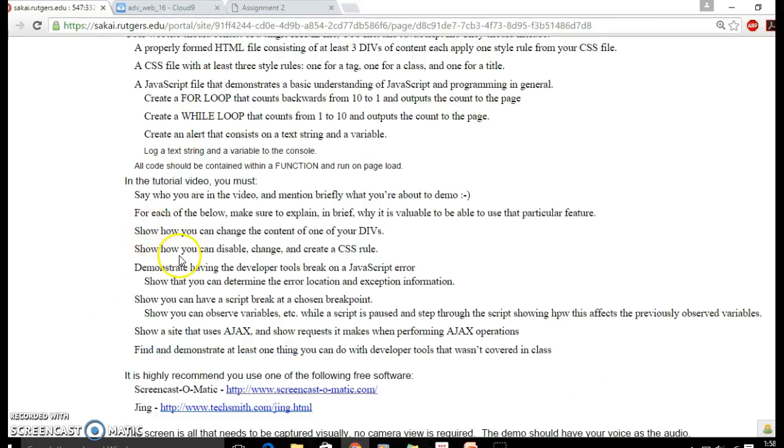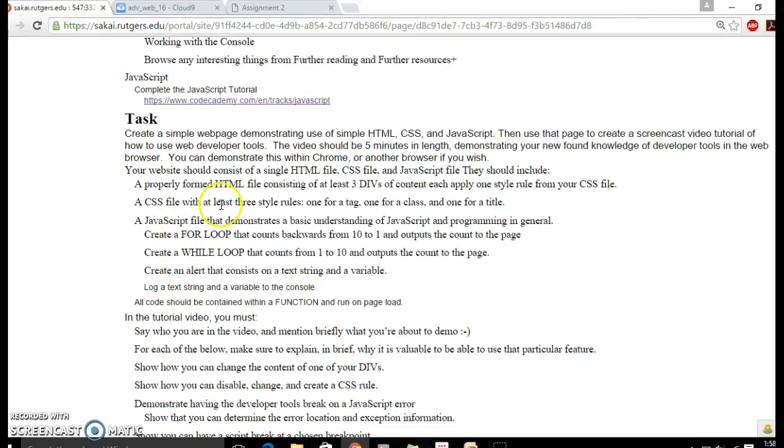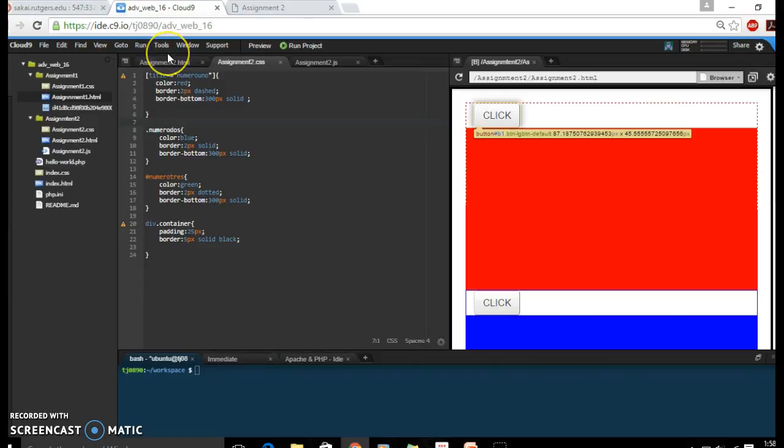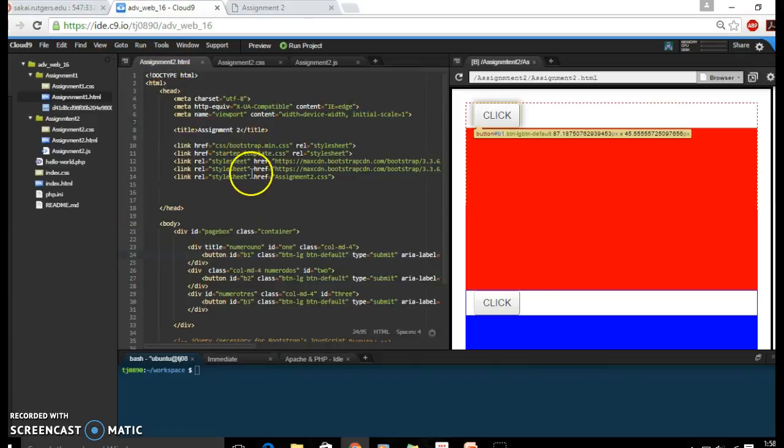First thing I will show is the three individual divs and the basic HTML layout that I have. Basically have all the head data, the style sheets. I included Bootstrap even though I barely used it. Got the link to the style sheet that I made for the assignment, the other requirement, and I also have